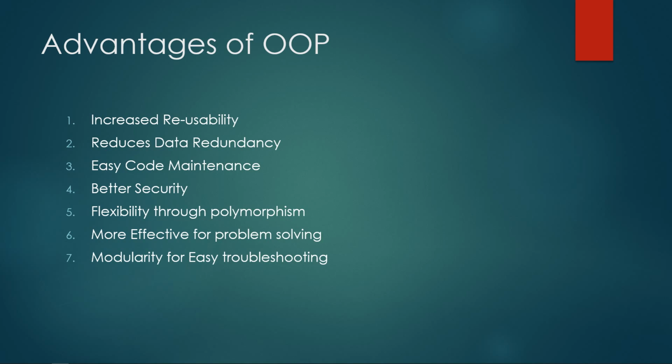So the second point, reduces data redundancy. This is a condition created at the place of data storage. For example, databases, where the same piece of data is held in two separate places. This redundancy can be reduced by using objects, by using classes. We don't have to create two separate classes to represent, let's say, the class of person. Instead, we can create one class and we can mold several objects of person from that class.